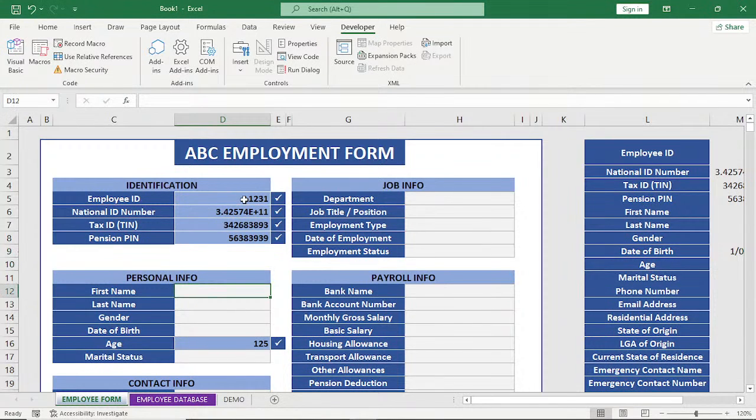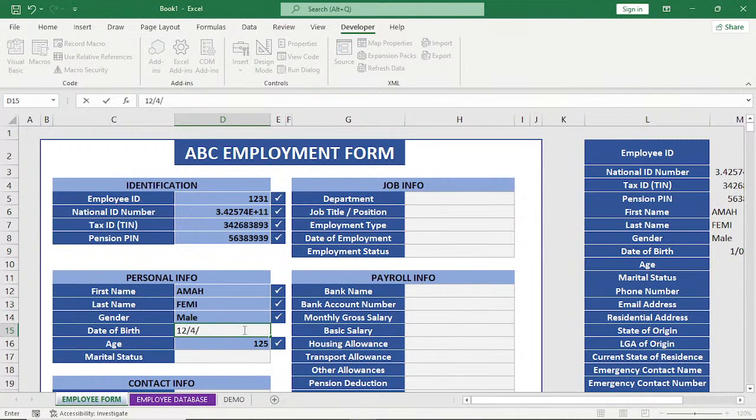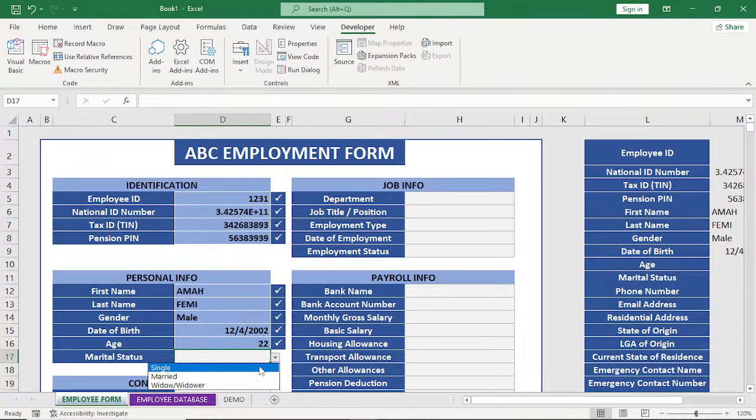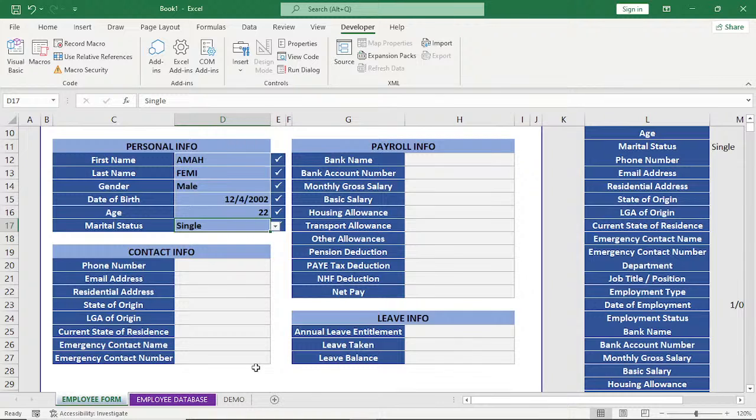Let's say we have the name is Ama Femi, gender, let's say male, date of birth, marital status, single, phone number